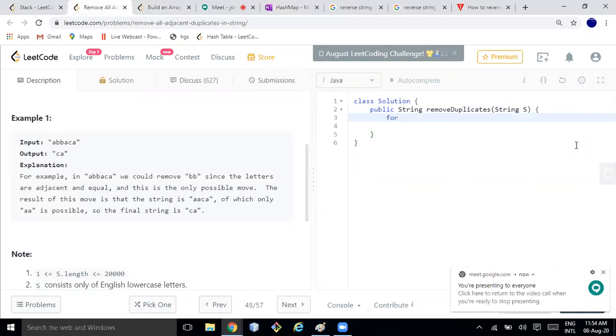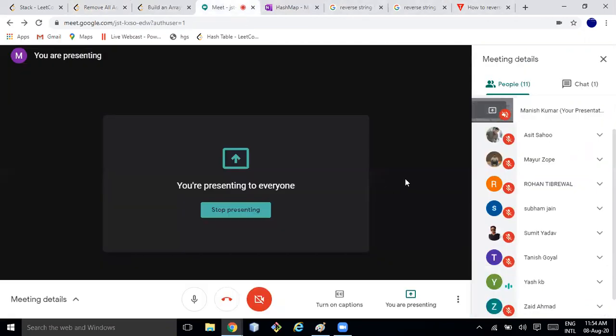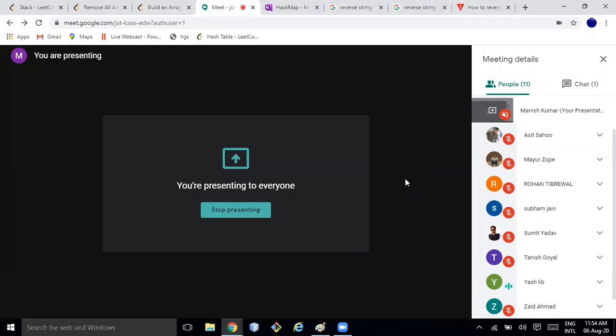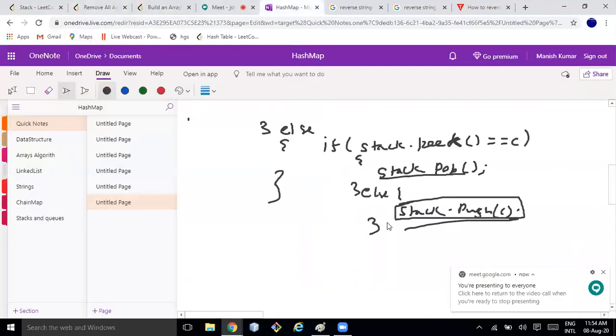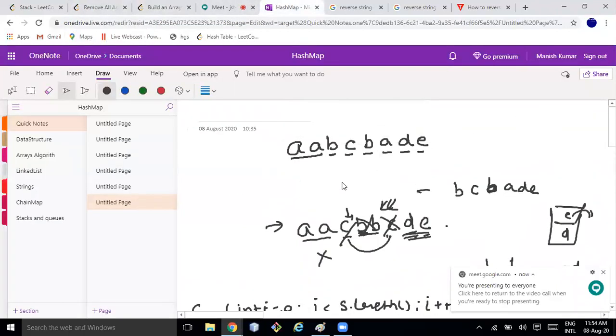Manish, I have a question in general. Yes, please. Now we know that this comes under stack, so we think of using the stack data structure to solve this. As soon as I see this question, the first solution that comes to my mind is comparing two elements, like i equal to i plus 1. That comparison comes to my mind when I see this question. How do you figure out when to use a stack for this? Yeah, that is a very good question. Okay, let me answer that question. I'll go to this one.